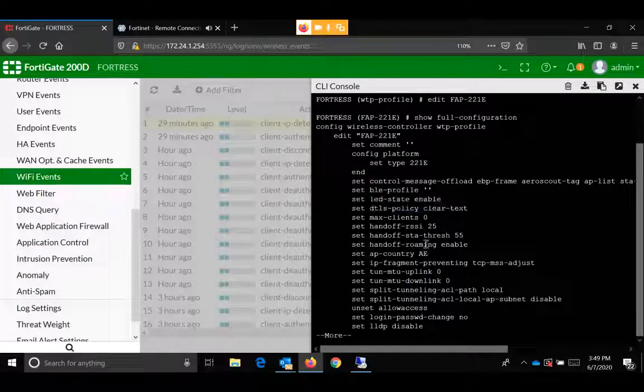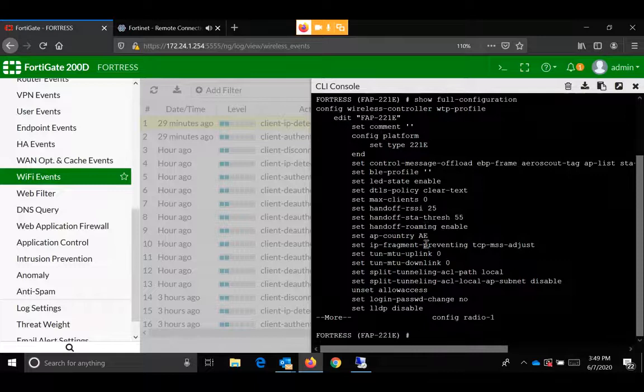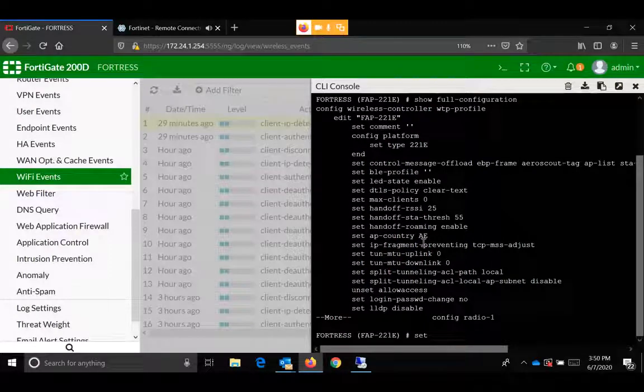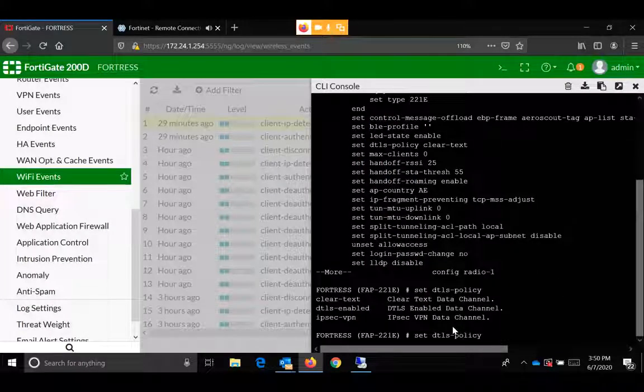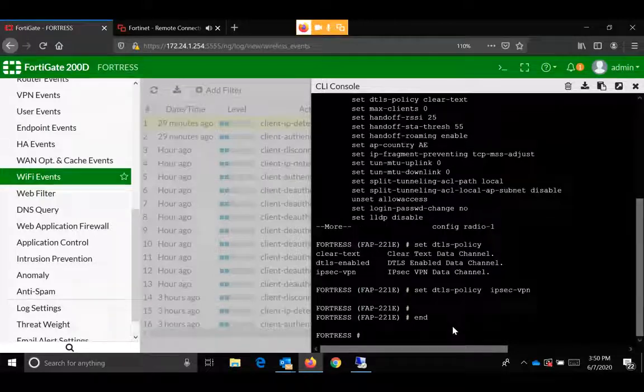Now you just need to simply change this to, we'll see the options, IPsec VPN. Okay, that's it, done. Now whatever communication is initiated from that particular remote user to the corporate, everything will